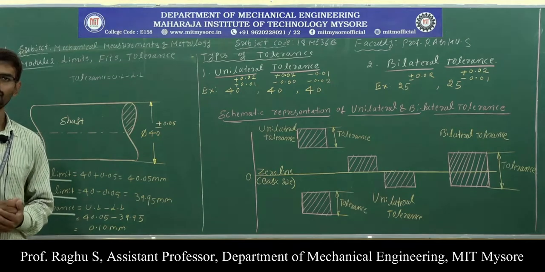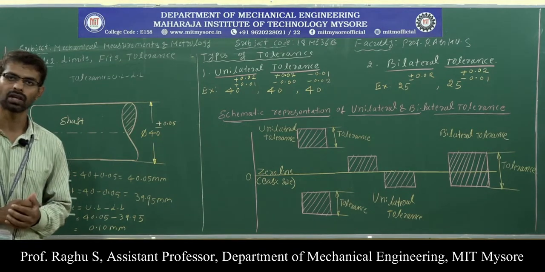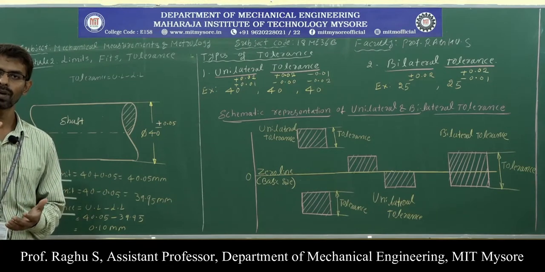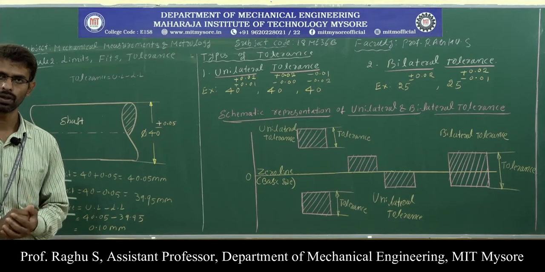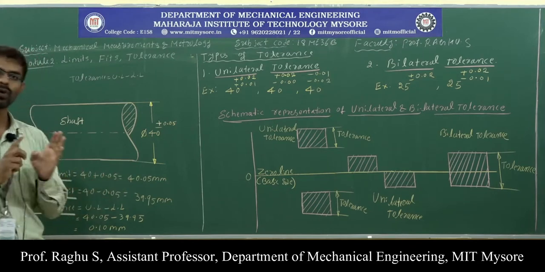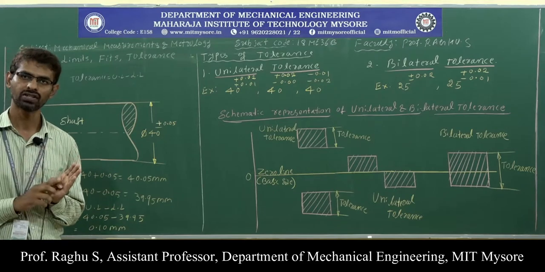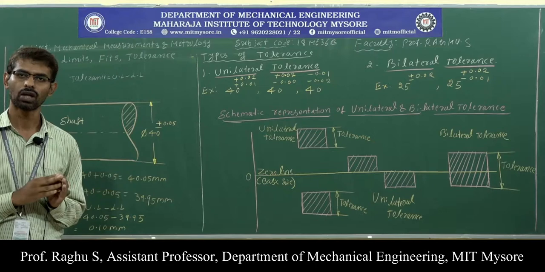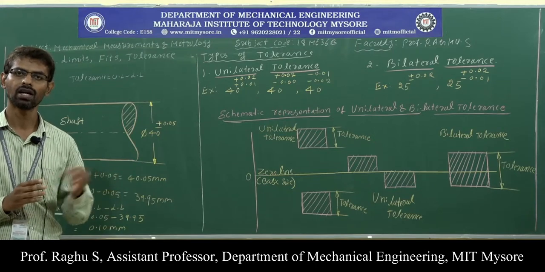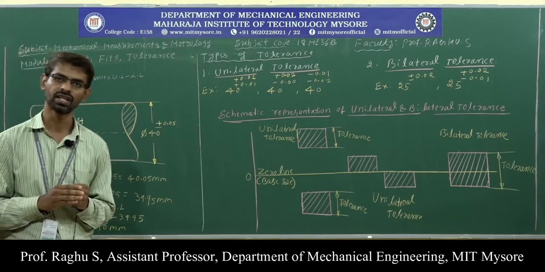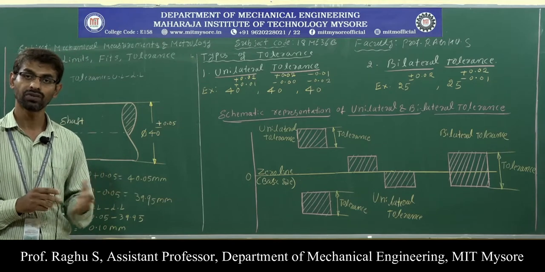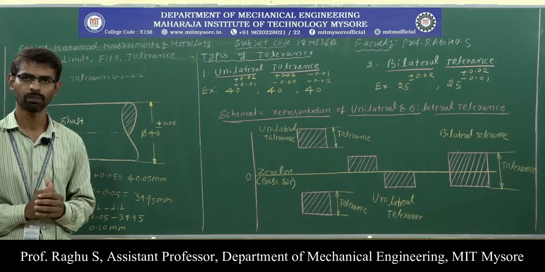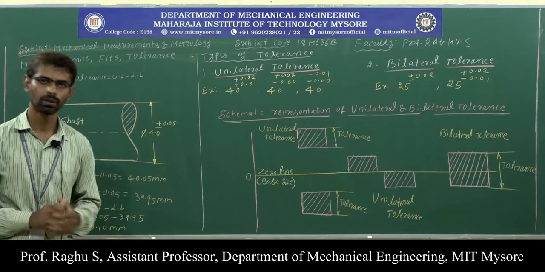So why is tolerance given? Already I told you in the last class, since it is very difficult to produce a component to exact size, some permissible variation on the dimension is given. Because of human limitations like lack of interest, lack of skill and lack of experience, machine limitations like vibration and tool wear, and material limitations like variation in density and composition. Because of these three limitations, it is very difficult to produce a component to exact size and hence tolerance is given.